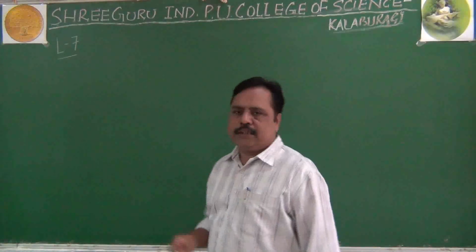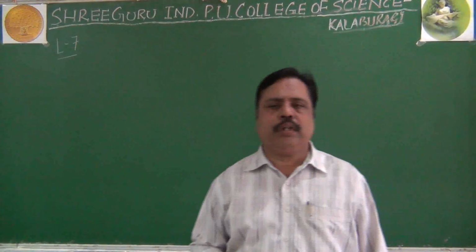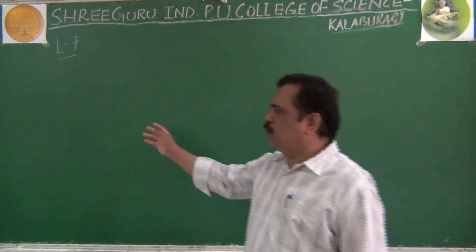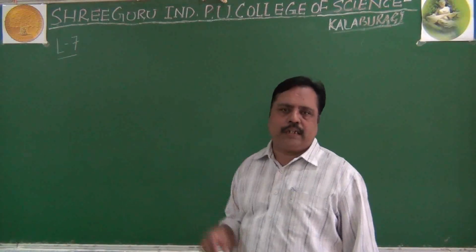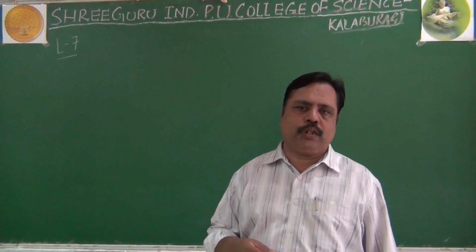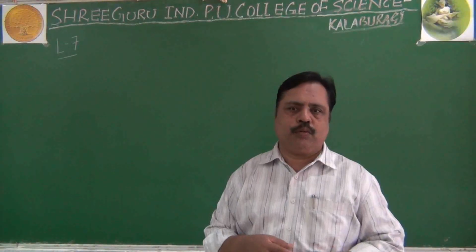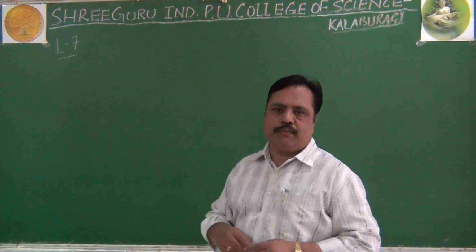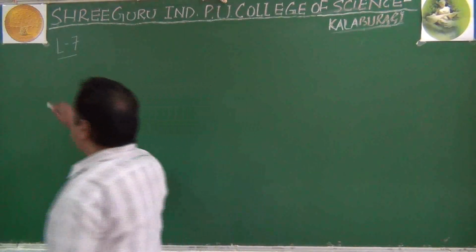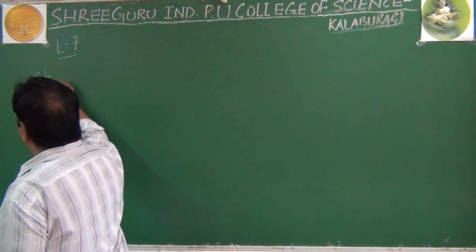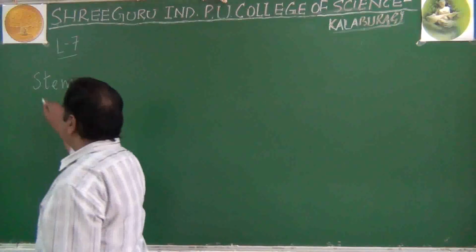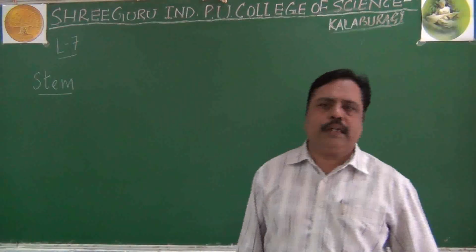In the previous lectures, I was telling you about roots and we started about stem also. In the root, I told you about general characters of root also. Then we have seen the functions of root, different regions of the root, and then modification of the root also. Similarly, in the stem of the plant also, we have been dealing with different general characters we have seen in the stem.